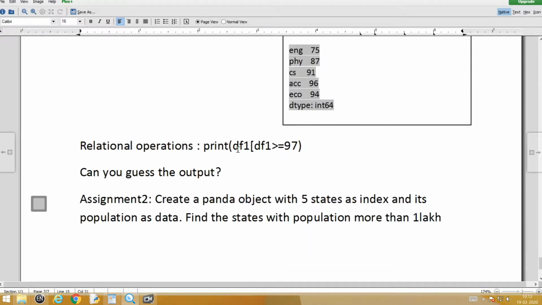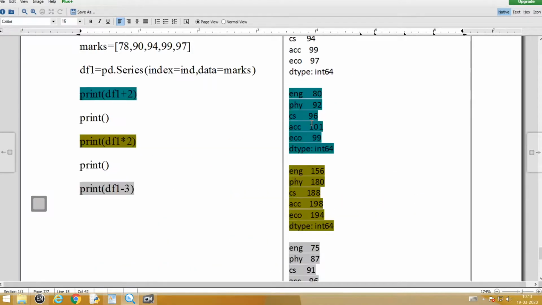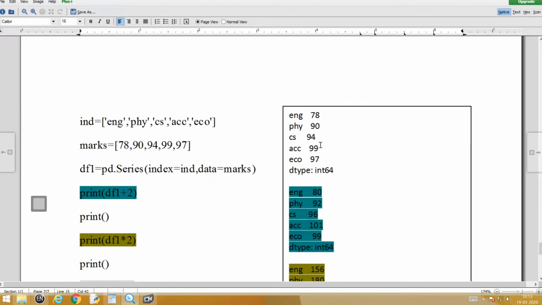Same example, okay? I print df1, where df1 is a series with the index given. I made a small mistake by not providing a square bracket. See, df1 greater than or equal to 97. Can you guess the output? I hope you can guess it easily, because the answer will print only those values which are greater than or equal to 97. From the original, only 99 will be printed.